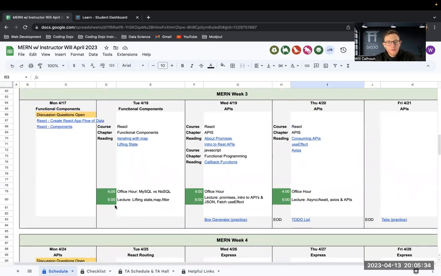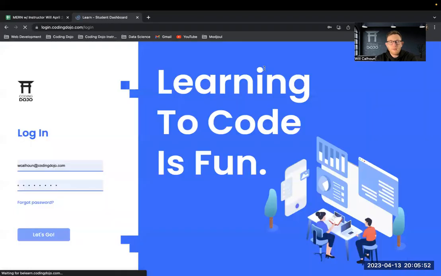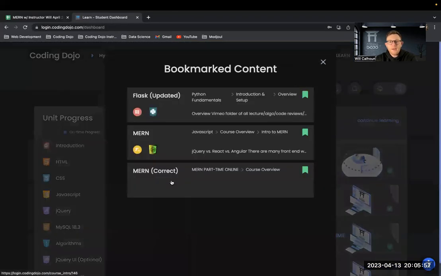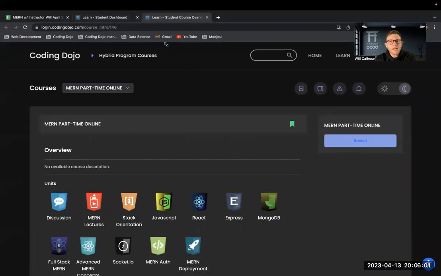Next week, we are also going to be sitting with functions, right? And talking more about lifting state, map, and filter potentially. I kind of want to show, let me go back. So you're going to have to deal with forms and more forms. Now, I haven't